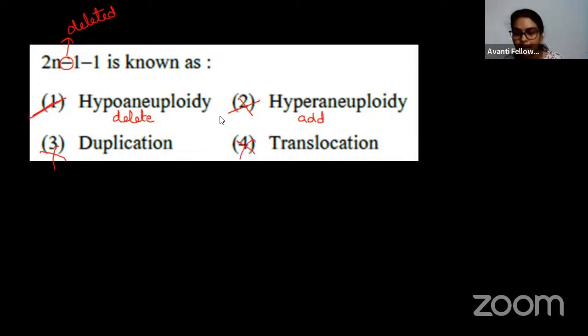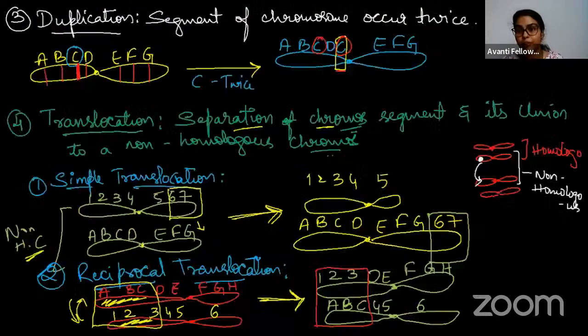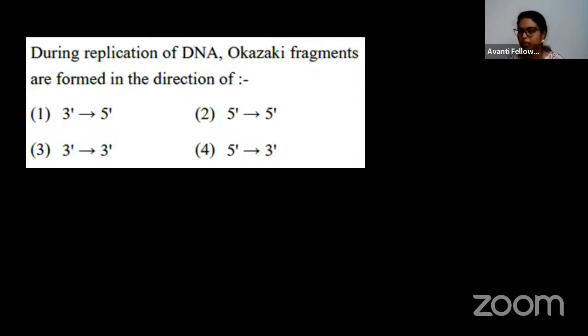I hope this is clear. I have explained it in a much better way. Okay, बाकी वाले जो है आप पढ़ लेना. Okay, now next question is, during the replication of DNA, opposite fragments are formed in the direction of 3 prime to 5 prime, 5 prime to 5 prime, 3 prime to 3 prime, 5 prime to 3 prime. Okay, so this is the question, and let's solve